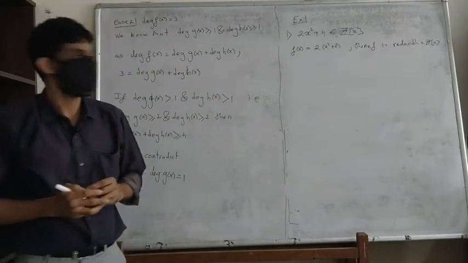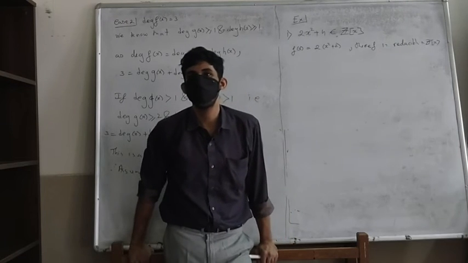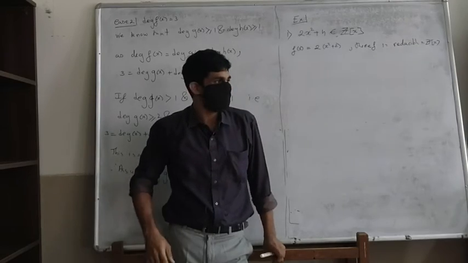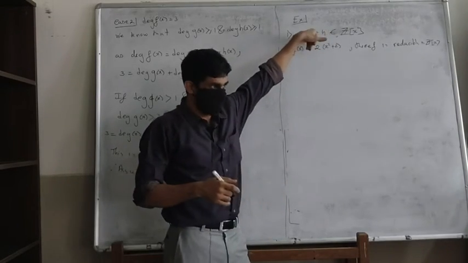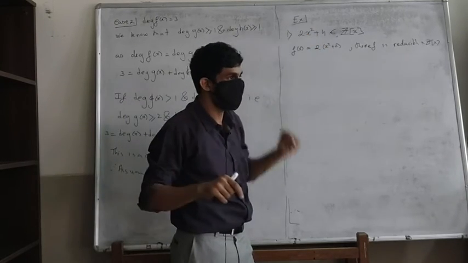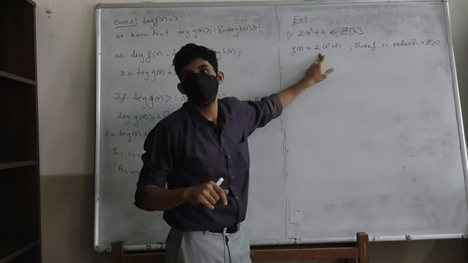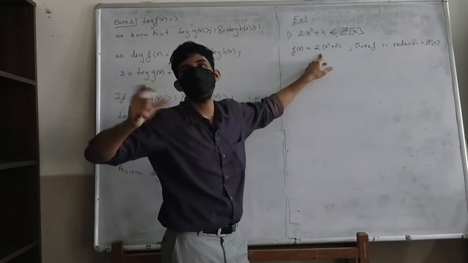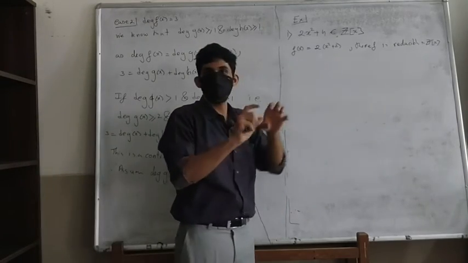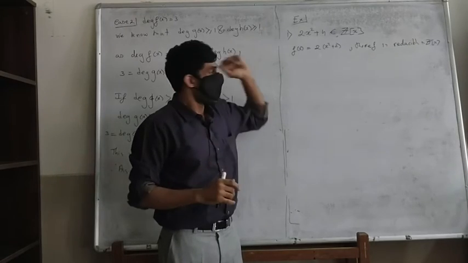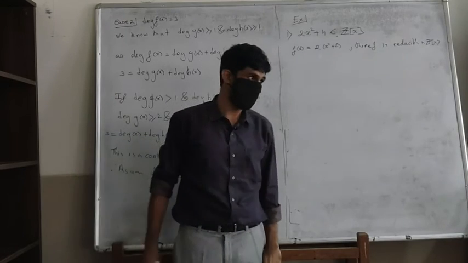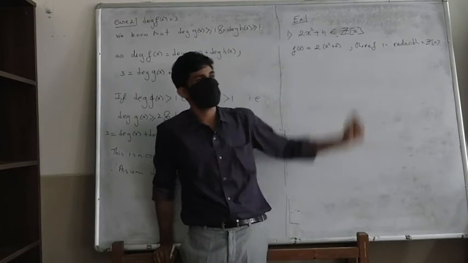How do you check? To ask whether it's reducible in Q, check the degree. The degree is 2, hence, just because you can't write it in this manner does not mean that there could not be some other 2 polynomials in Q which you can break it into. You could break it into some other 2 linear polynomials. So since it's a polynomial of degree 2, the basic question is, does it have a root in Q?